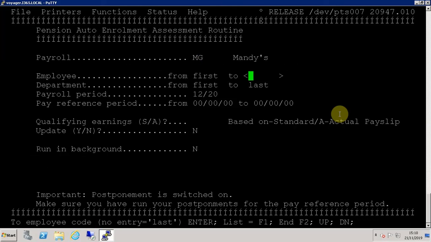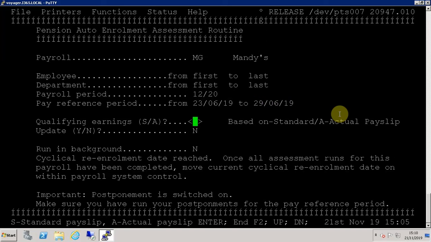So if you go in there, we'll put in a pay reference period here to the 29th of the 6th, 19. As soon as you hit return on there, it will come up and tell you that cyclical re-enrolment date has been reached. Once all assessment runs for this payroll have been completed, move the current cyclical re-enrolment date on within the payment system control. So it's saying you have to finish this particular run, then you need to move everybody on again. So if we then go and do everything based on standard pay slips,